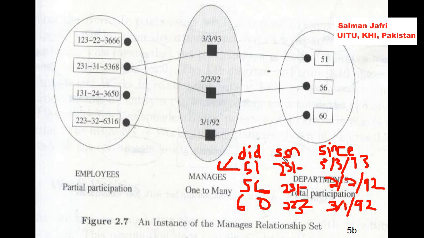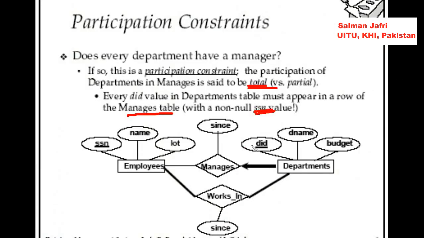So we can see this is basically the table, right? So every DID must be in this manager relation with a non-null SSN value, because every department must have a manager. Okay? So what we can do, we can sort of see that first of all, this is the ERD or the